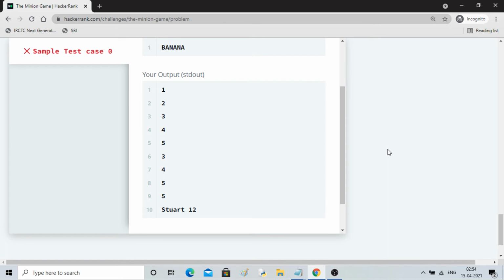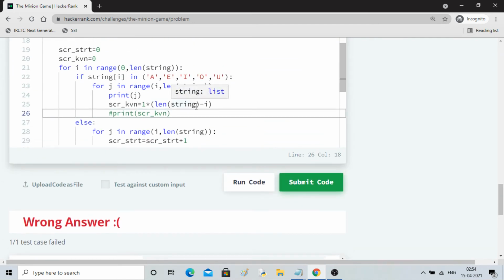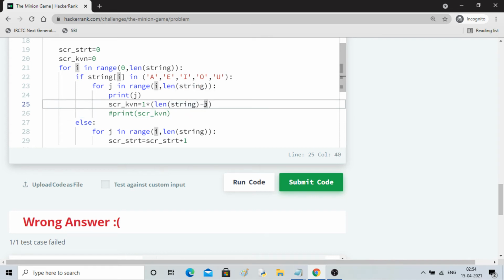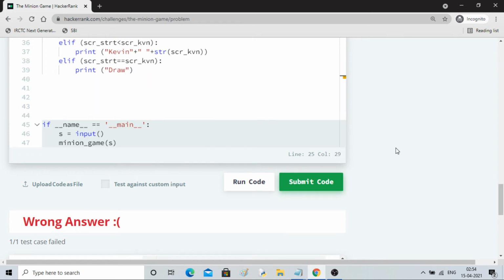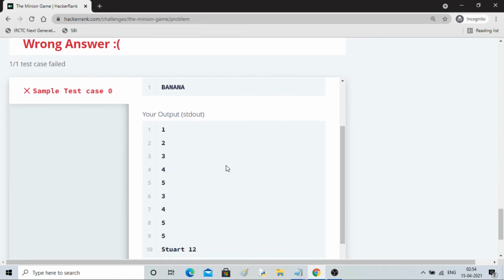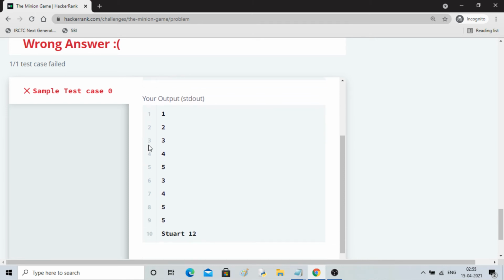So 1 2 3 4 5, 3 4 5 5. Okay, I plus I. So I'm not able to get a product type of logic. 1 2 3 4 5 6. Every time it is coming from 1 to 5 it came.